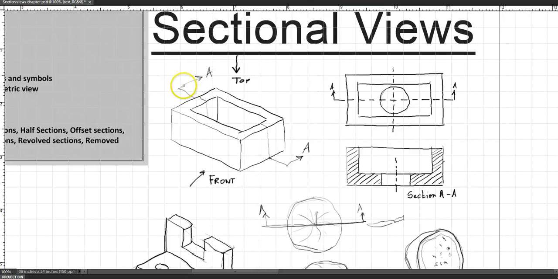So for that, what I do is I cut the block right from the center, going through the hole and going all the way, and then I'll be looking in a certain direction. So if you look at the top view, what you see over here is this thickness, and there is a circle, which is a hole right there. But I don't know where the hole is. Is it starting from the top? Mostly not, because I don't see it over here. So the hole is at the bottom, and the only way I could show it in here is by drawing